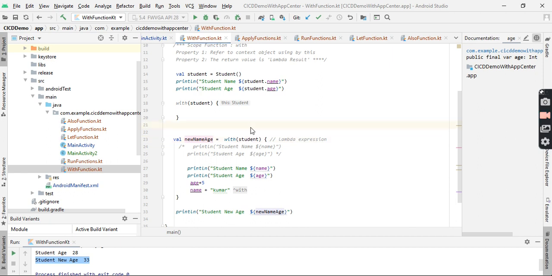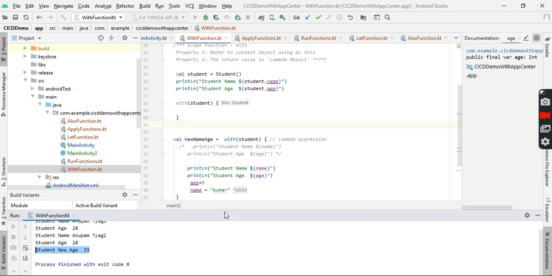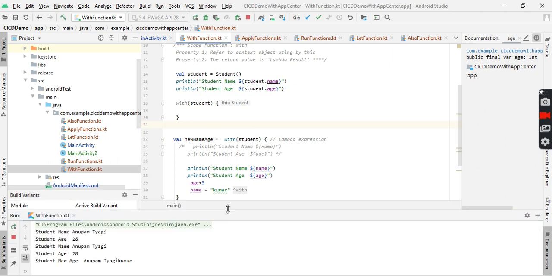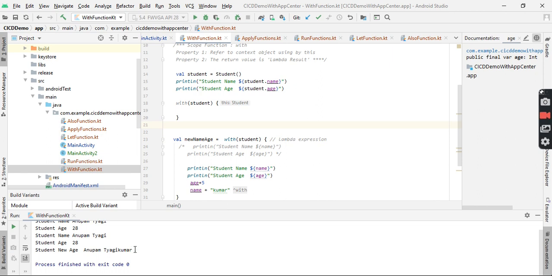If I run it again, it will return the name plus the attached Kumar string in the new name age variable, which I reused from the previous one that was stored in the age variable. Yes, you can see here Anupam Tyagi plus Kumar.